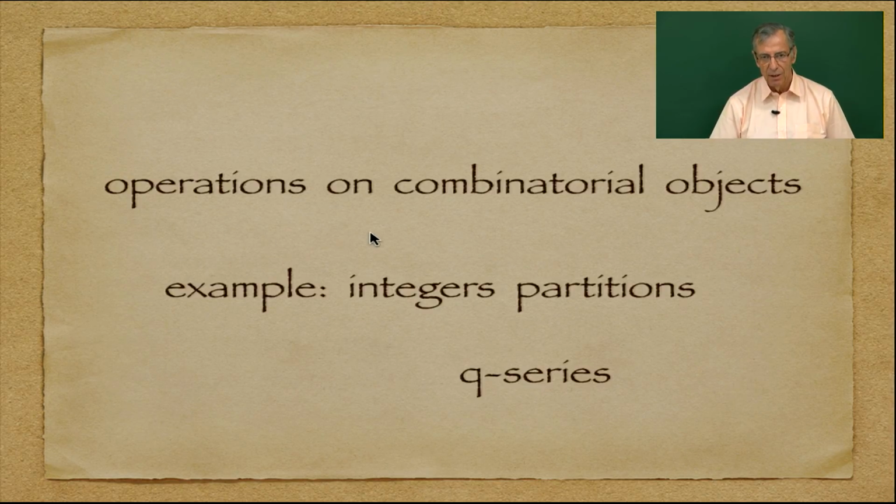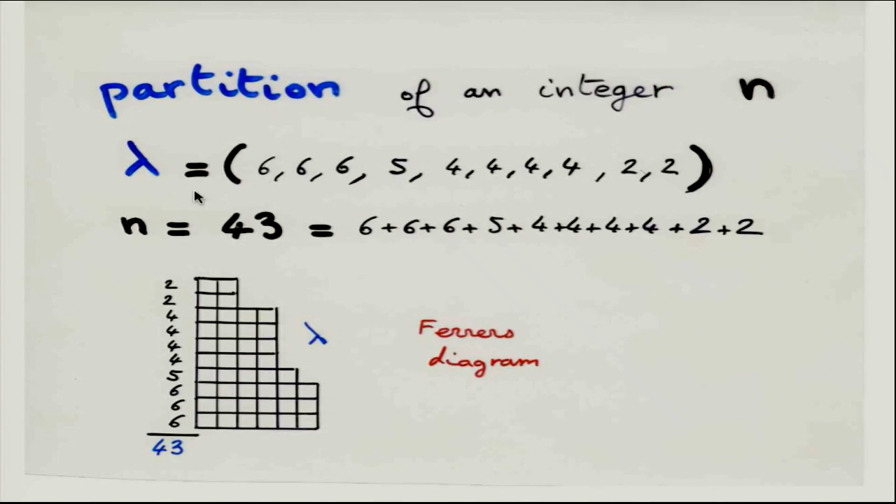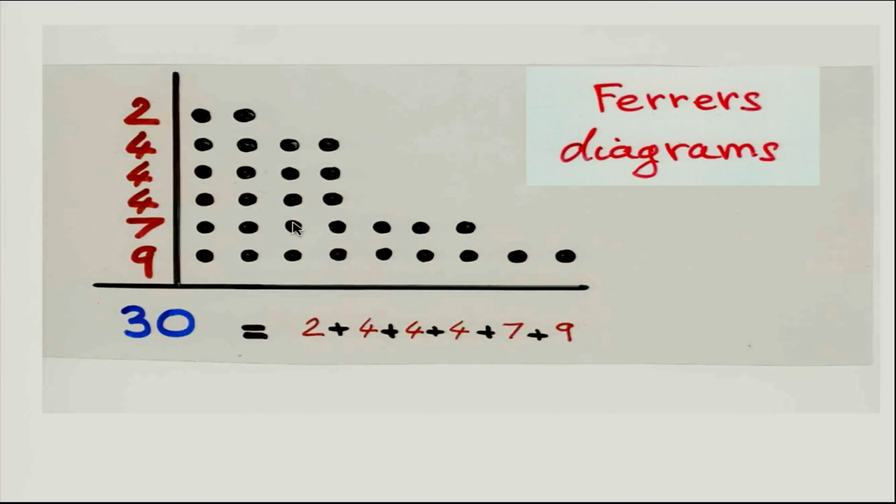I will intuitively give you an example with partitions of integers. A partition of an integer is a decomposition of the integer into a weakly decreasing sequence of numbers. It is visualized as a Ferrers diagram. In each row, you see there are 6 elements, for example. Each element of each row is a part of the partition. Some people like to make the Ferrers diagram with squares. Some people prefer to make points. This is another Ferrers diagram.